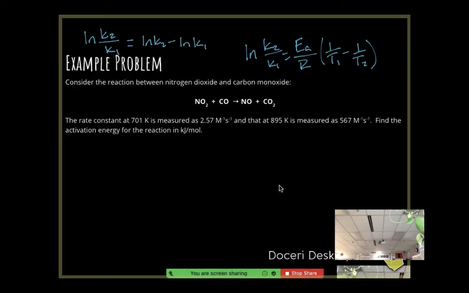So we won't need that for this problem, but if you're being asked to solve for one of the K values, you'll have to use that to get rid of that natural log. So I would write that off to the side in the box so that you have